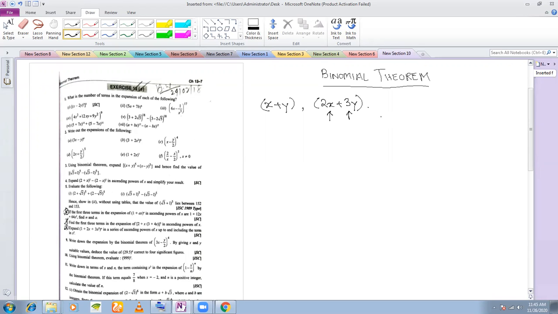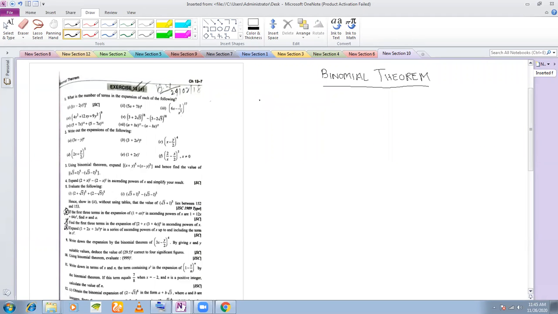Similarly, the expression that contains three terms is called a trinomial, and which contains more than three terms, they are called multinomials. So, binomial theorem. In this binomial theorem, we are going to study how to expand higher powers of a